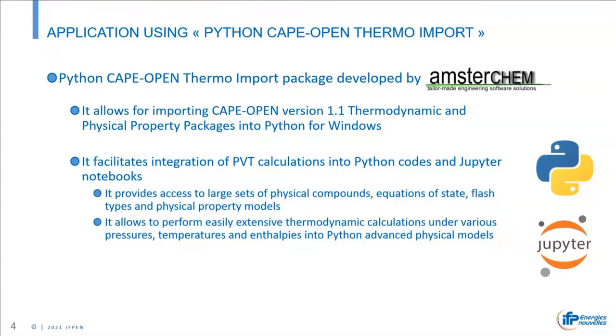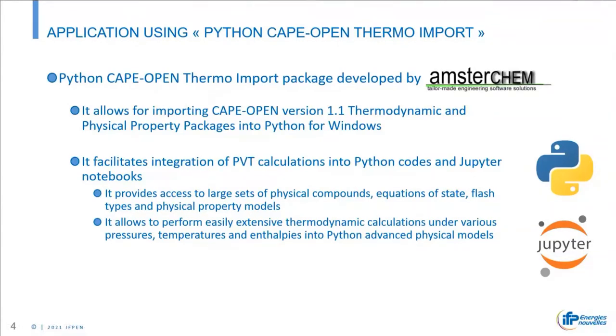So thanks to Python, it's possible to easily do extensive thermodynamic calculations under various pressures, temperatures, enthalpies, and to integrate these calls into advanced physical models that we can develop in Python, because Python is easy programming for researchers. So we are mostly involved in the Python programming.